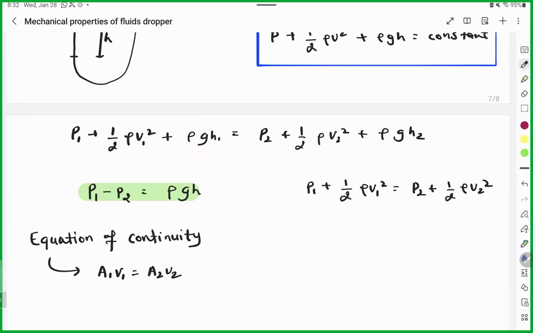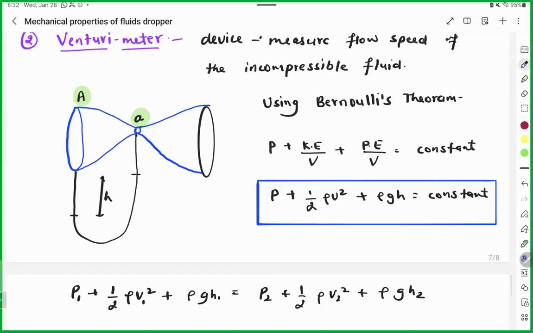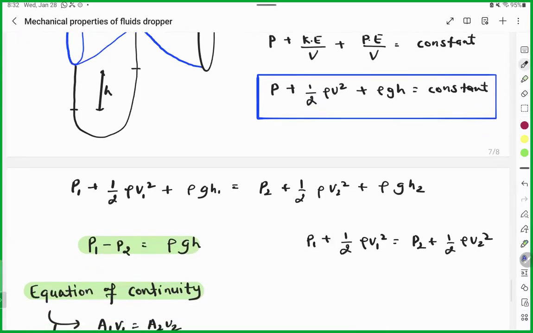So, Chandana, if this is the equation of continuity and you want to calculate V2 value, how can you calculate V2? So A1 V1 divided by A2. Here A1 is A, V1 is V1, and divided by the second area, which is small a, because we took it in the same way. Correct? Using the same equation and taking the difference, P1 minus P2 will be equal to half rho